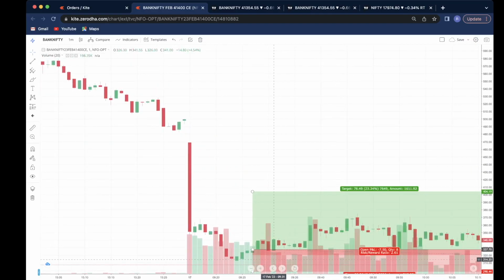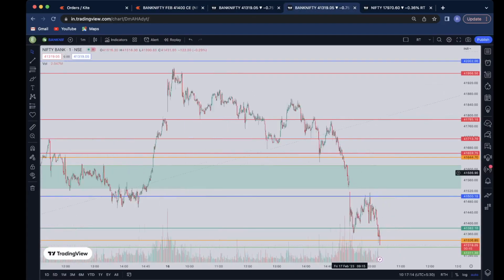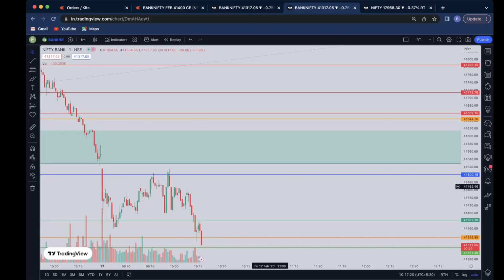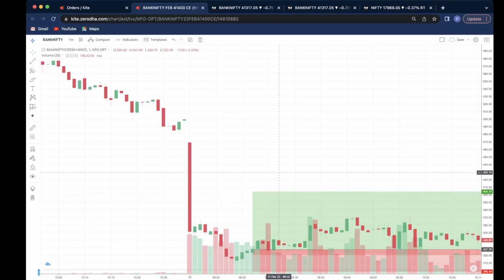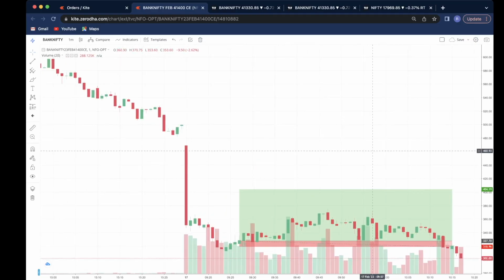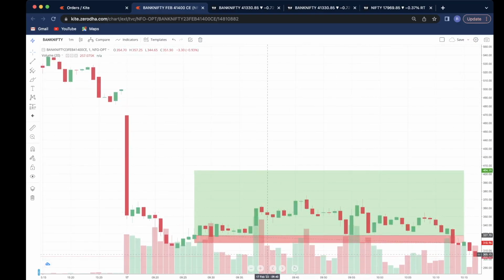So here we took a buy option, and when the market came to this level at 9:38, the market had trapped a lot of sellers there. So here we thought to trail our position. We trailed our stop loss from 299 or 298 to 318, because here if the market reverses, there is a high chance that it won't be easy for the market to go up again. And if so, that is a very volatile market, and taking a position there would be very risky.